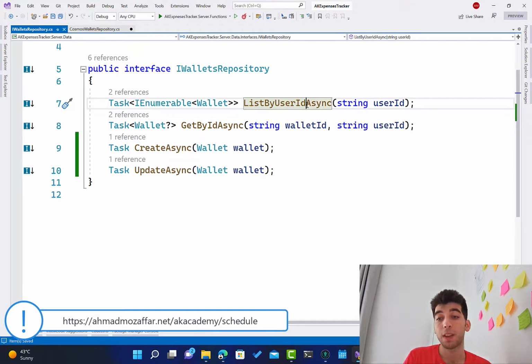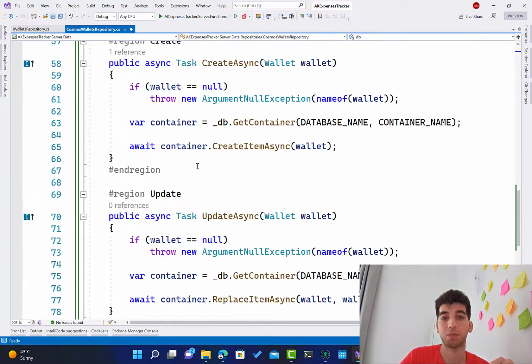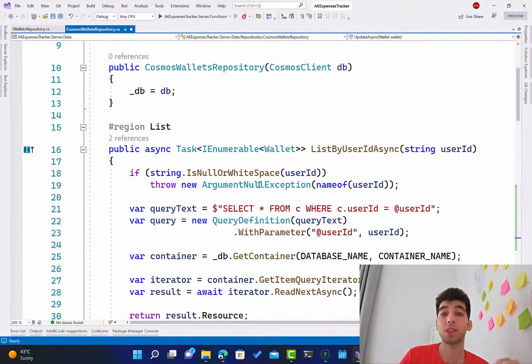So the thing is, why I didn't follow a single repo, and then go ahead and start using that repo straightforwardly every time, instead of implementing the same functions like what I have done right here. I will do the same for the transactions later on, and for the files and attachments. So my answer for this question is,